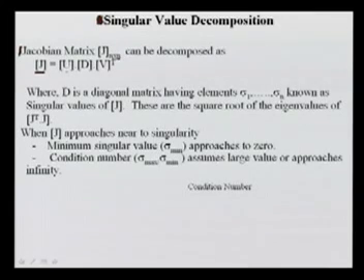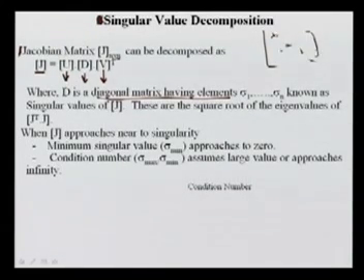Here we have two orthogonal vectors u and v, which we can form in such a way that this matrix D becomes a diagonal matrix. So, this D has only diagonal elements, and these diagonal elements are known as the singular values of this Jacobian J, represented as sigma 1, sigma 2, up to sigma n, so there are n values, and they are known as the singular values.